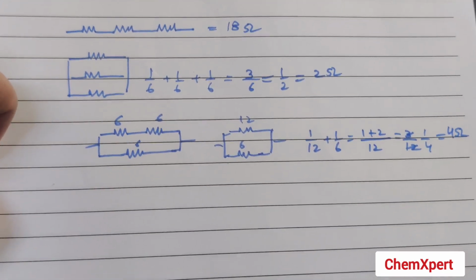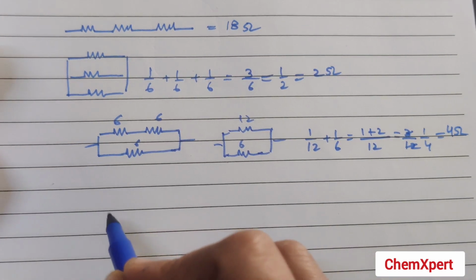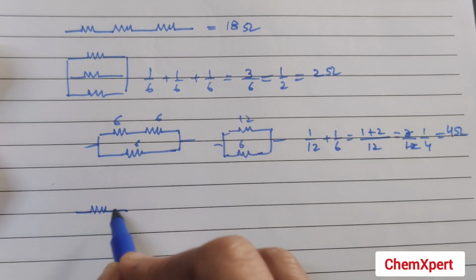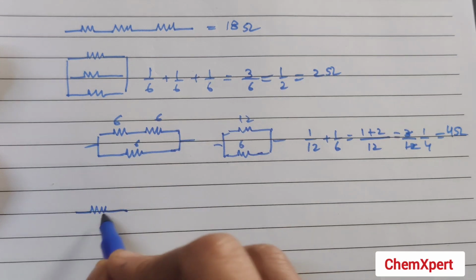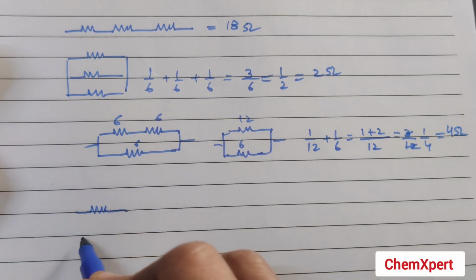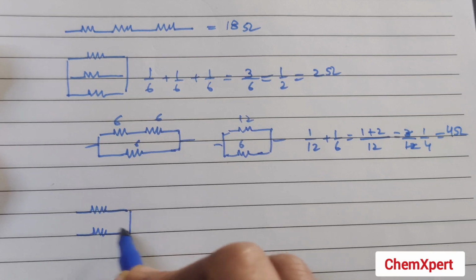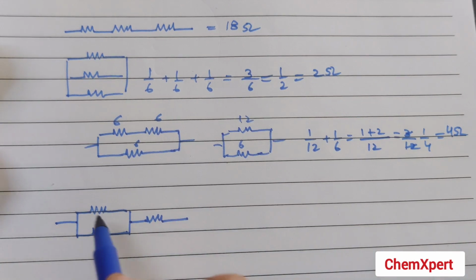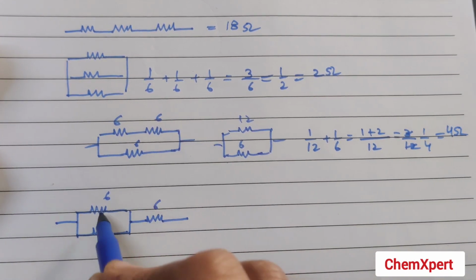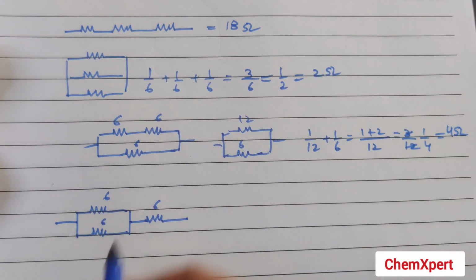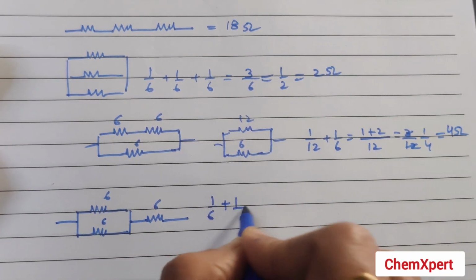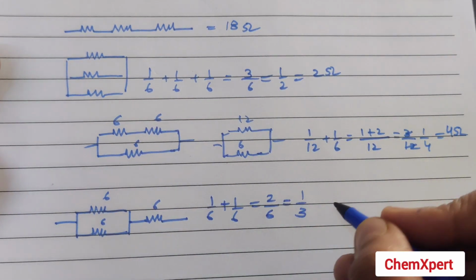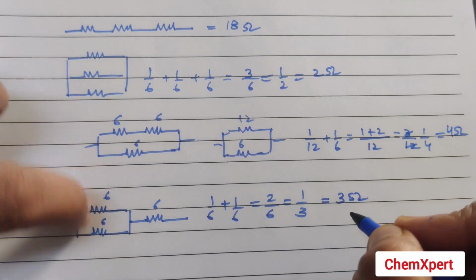Now the next is how to get 9 ohm. We have already done the two in series case. So now we connect two in parallel and then connect this in series with the third one here. So this is 6 ohm, 6 ohm and 6 ohm. First of all we will solve this parallel part. So it will be 1 by 6 plus 1 by 6, it comes to be 2 by 6, or 1 by 3, or we can say the net equivalent resistance for this parallel will be 3 ohm.